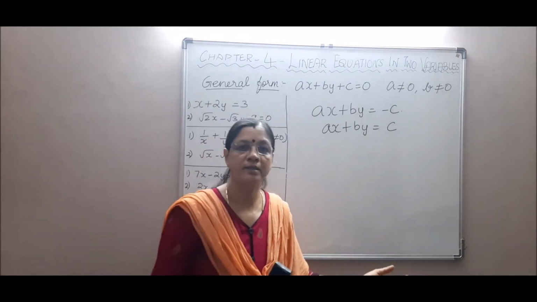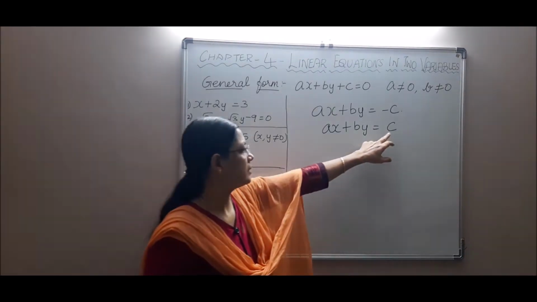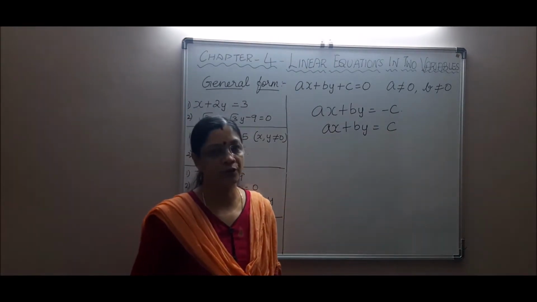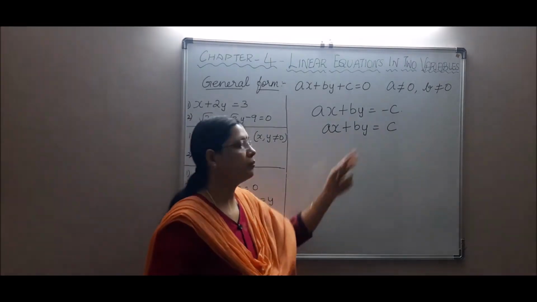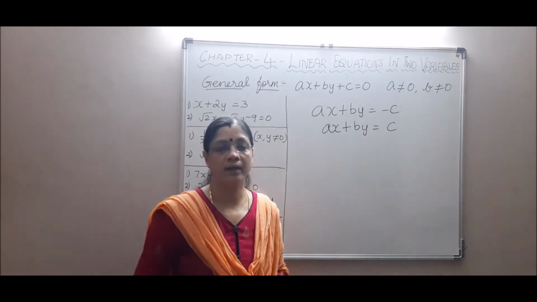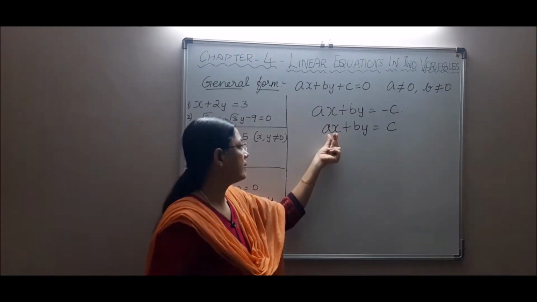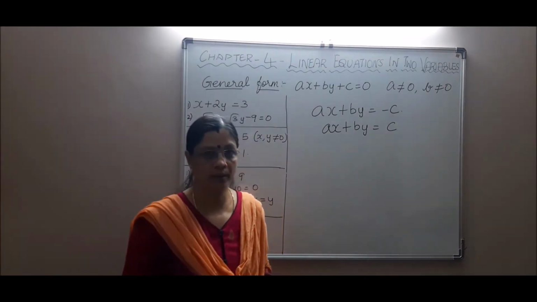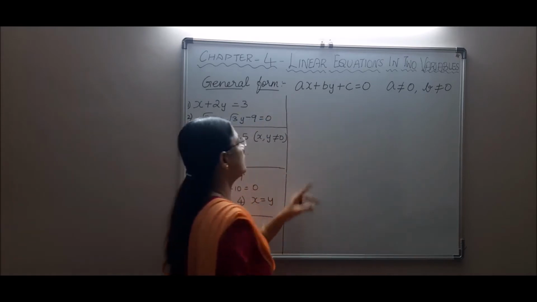It can either be minus 3, minus 2, plus 5 or 6. Any values it can take. But for an equation, the constant term remains constant, that you should keep in mind. The variables are x and y, and a and b are coefficients of x and y, and they are real numbers. a and b here are real numbers and they are called the coefficients of x and y. So do you understand? So this is the general format of the linear equations in two variables.